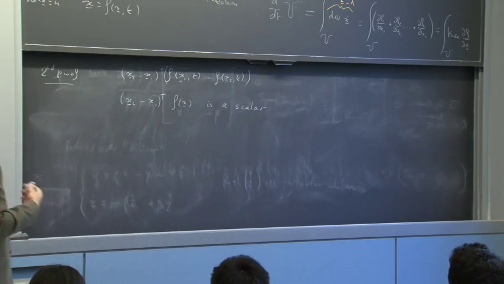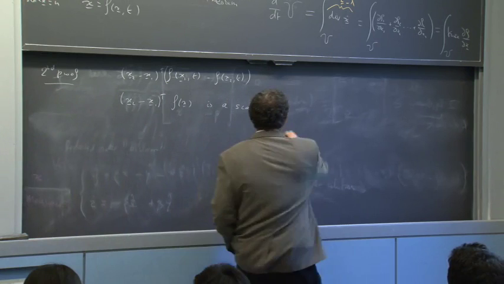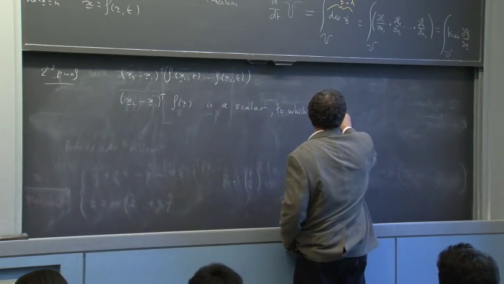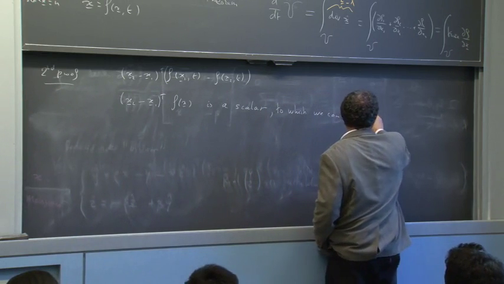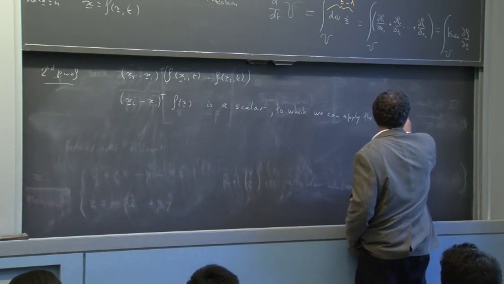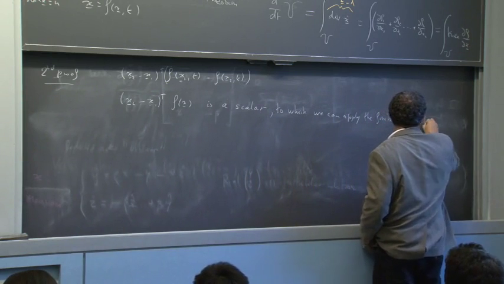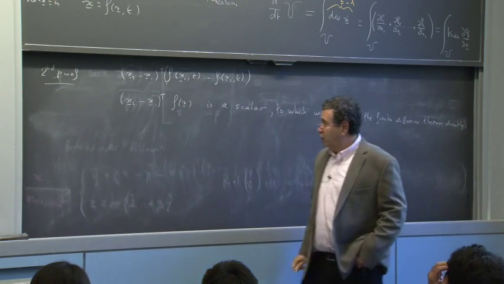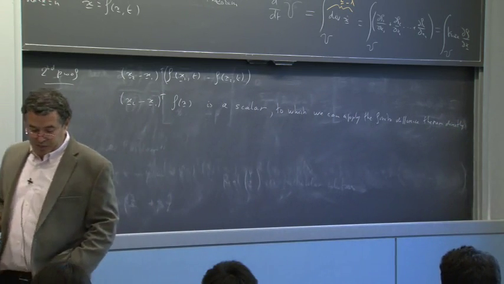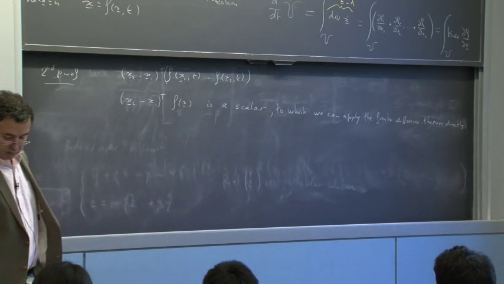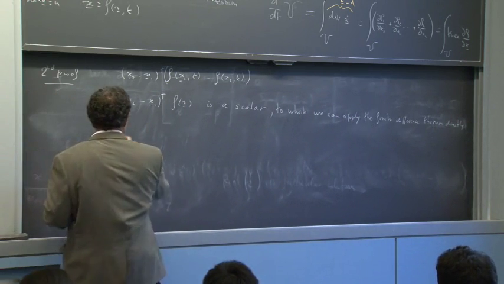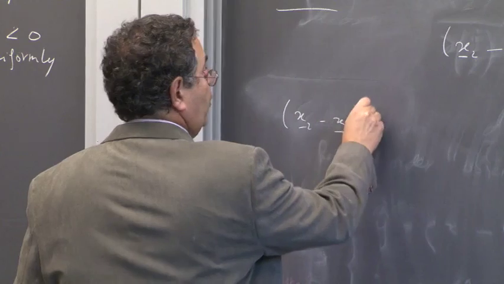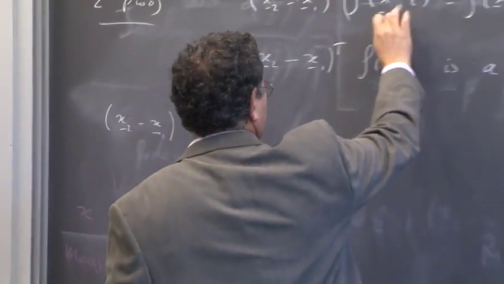And to this scalar, we can apply the finite difference theorem directly by using, again, this parametrization by lambda. Okay, so in other words, this quantity here, x2 minus x1 transpose times f of x2 minus f of x1,